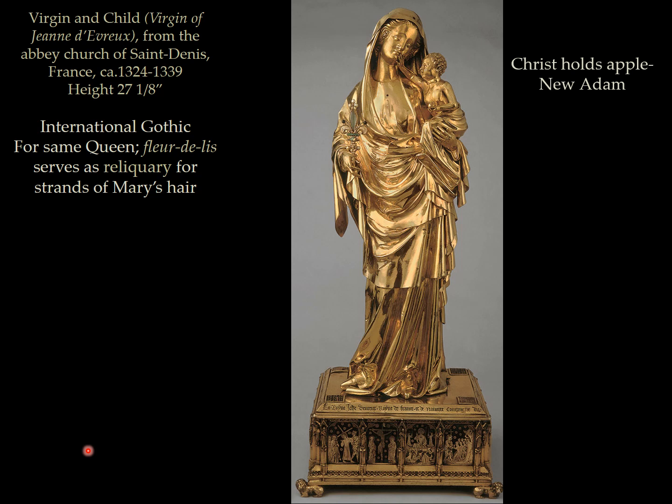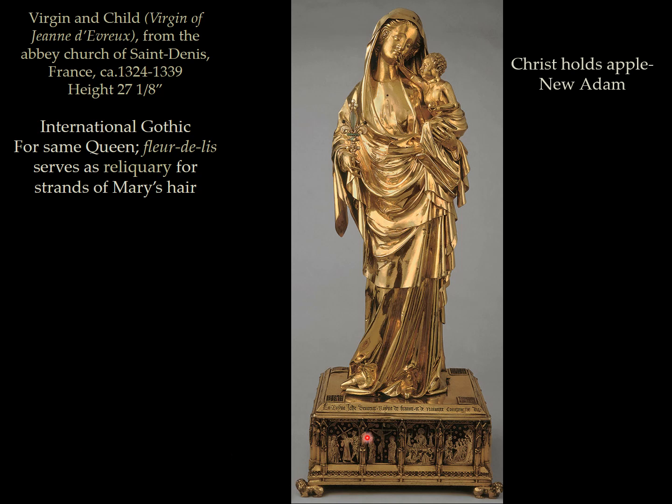Now, you find that Christ is holding an apple, and even though it does not explicitly state that the fruit of the tree of knowledge of good and evil was an apple, the fruit here directly connects Christ as the new Adam, and thus the virgin as the new Eve. Since Adam and Eve caused the downfall of mankind, it is thus appropriate and apropos that the virgin and Christ will redeem mankind. This is the type of typology that we find that is very common in the Christian tradition,